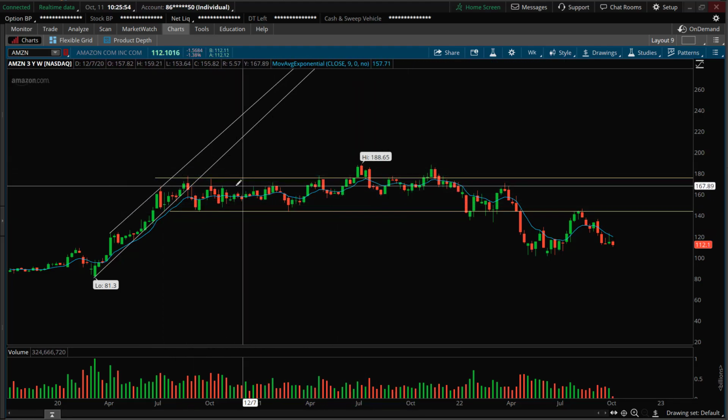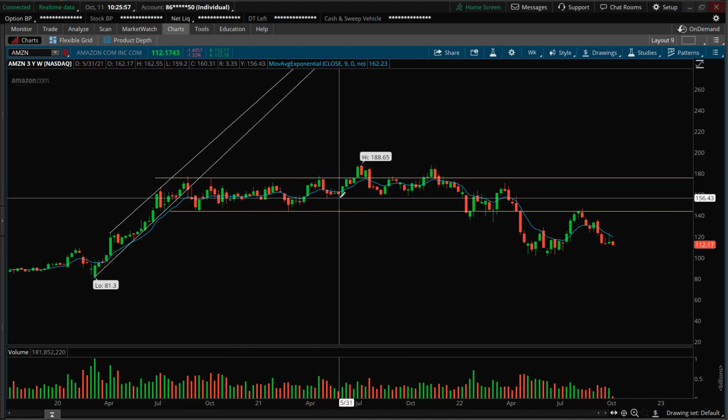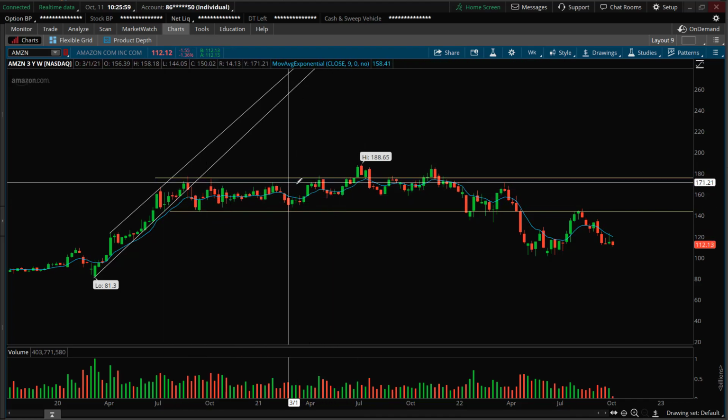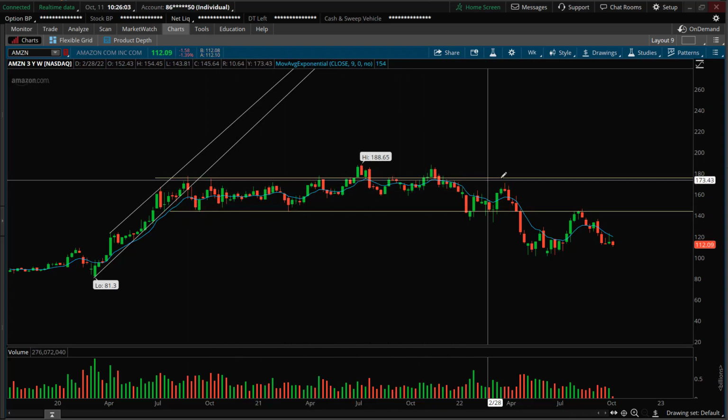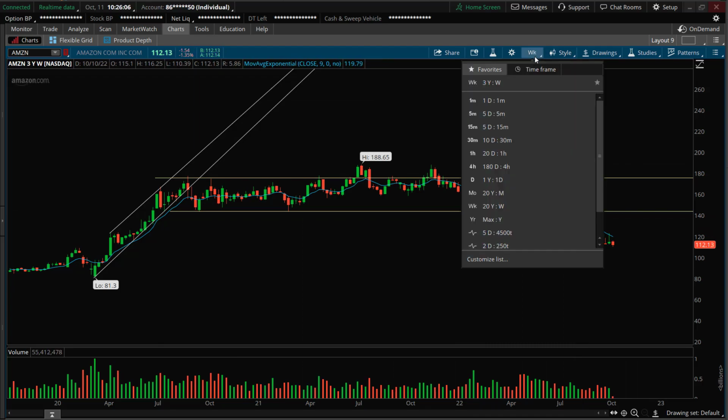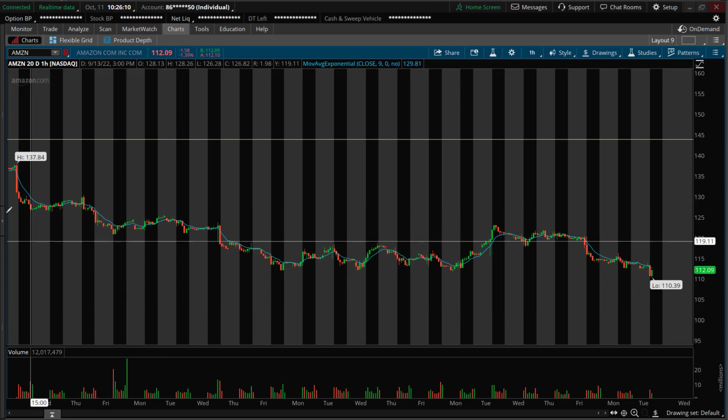And then you'll see along the way, it's been trading sideways for a while on a weekly chart, and then you'll get these occasional little pops over it, right? But typically price is still just trading in that channel. But then you go down to, let's say, hourly charts, right? So you can say there's